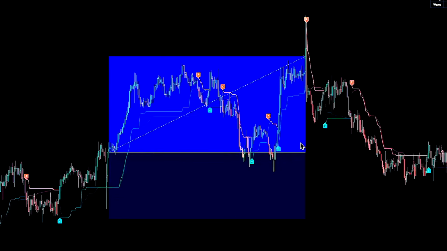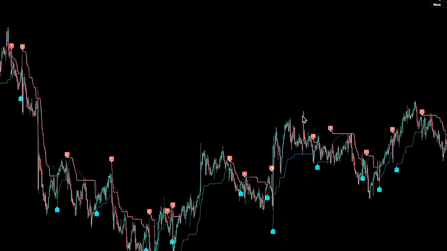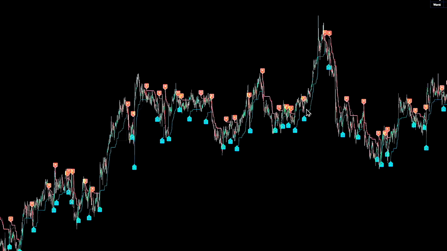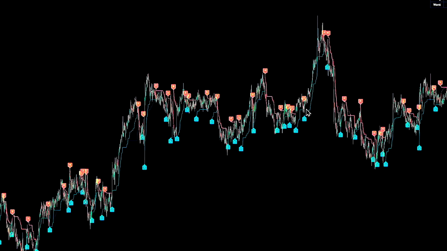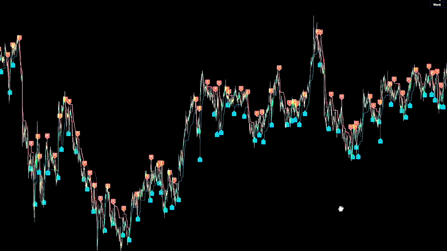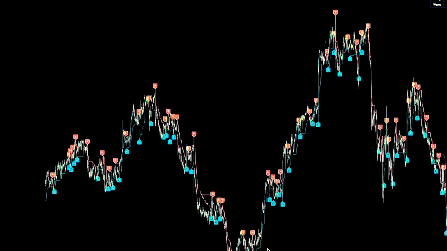Now let's talk about how to actually trade this indicator. Just because a signal shows up with a high confidence score doesn't mean you should act on it automatically. Like any tool, it works best when you use it alongside your own technical analysis, looking at price action, patterns,